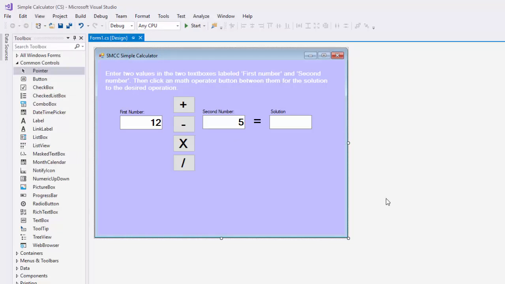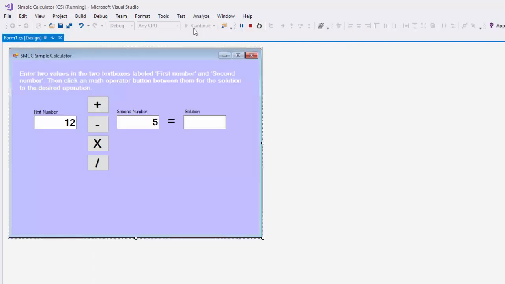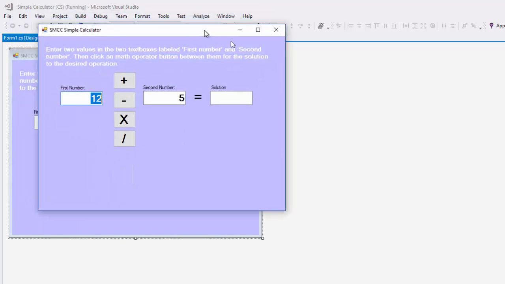So that's our interface. We've done our design work, we've created the interface, and now it's time to code it to do something. By the way, at this point it does do something. If we were to start, this little arrow up here at the top with the start menu compiles your project. It takes all of your source files and compiles them into a machine language that the Windows operating system will understand with .NET, basically creating a binary file of zeros and ones and creating what we call an executable. That executable will pop up here,